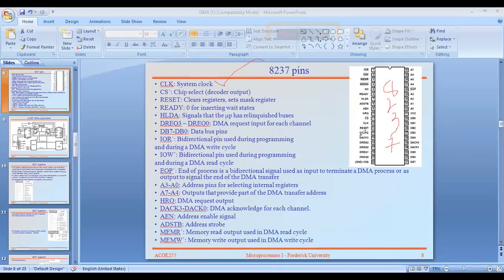Only then is there a possibility of a multifunctional CPU. See here, this 8237 DMA is only one of those slaves.